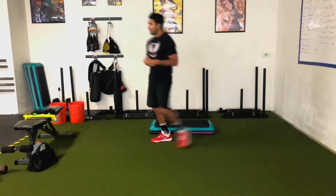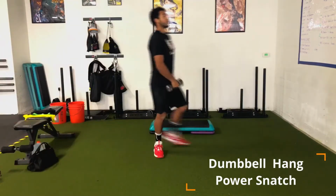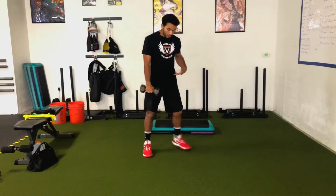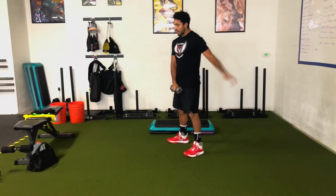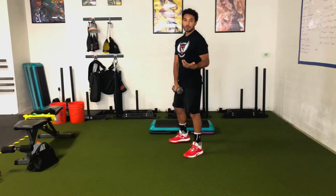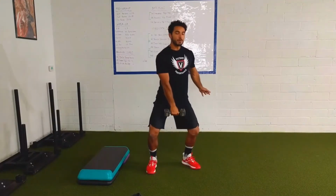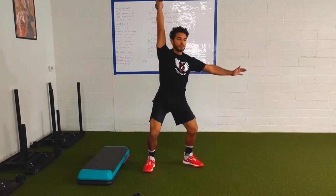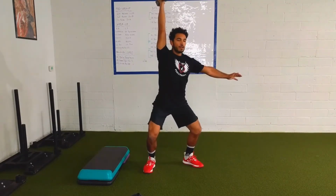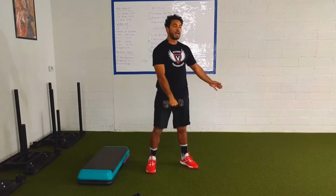So we're going to start out with a dumbbell hang power snatch. Our feet are going to be roughly shoulder width apart. We're going to hold the dumbbell in between our legs for this variation. We're just going to bend our knees maybe 2 or 3 inches to get set. And from here, we're exploding through our lower body, trying to get the weight up overhead as fast as we can. If you guys remember from last week,